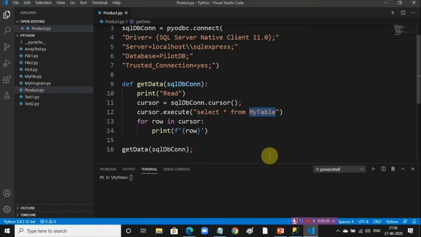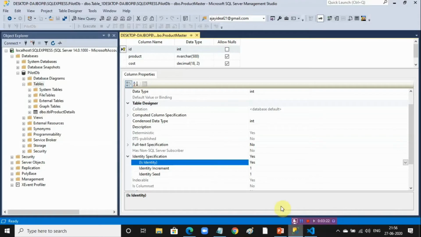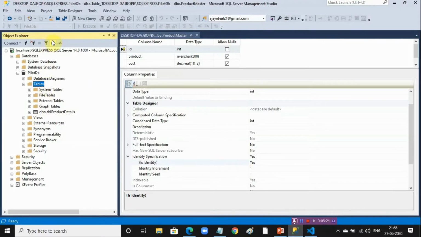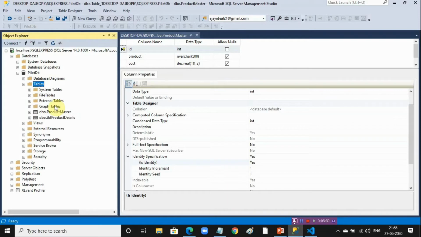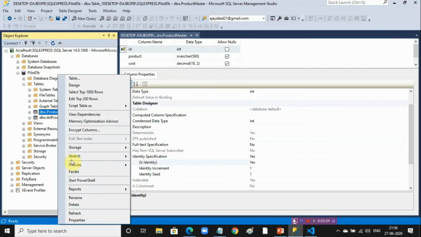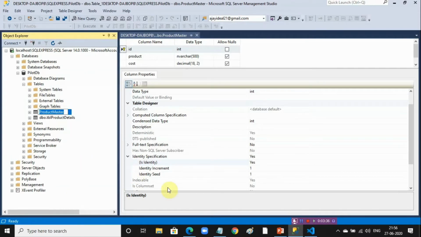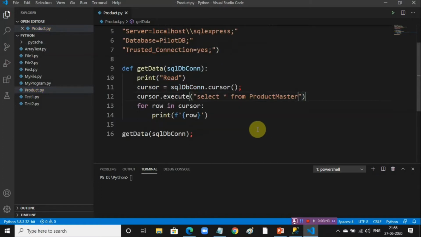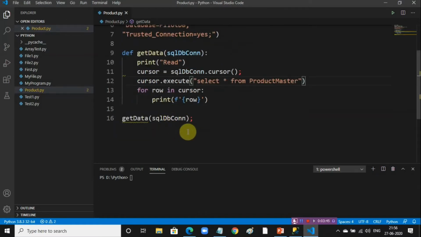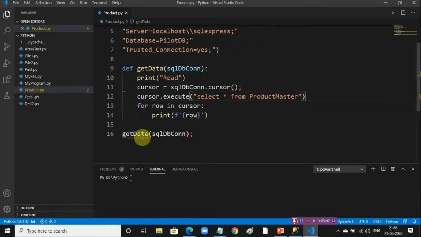I'll check the table name. So this is product master. Now the query will be select star from product master. Now I will run this code. Okay, semicolon is extra here.